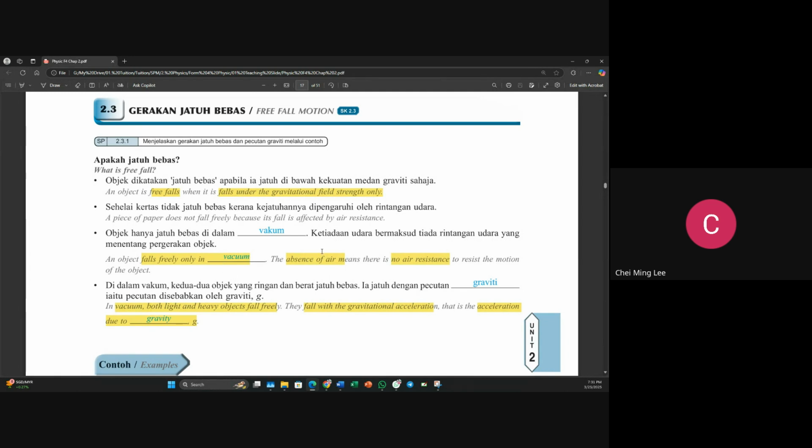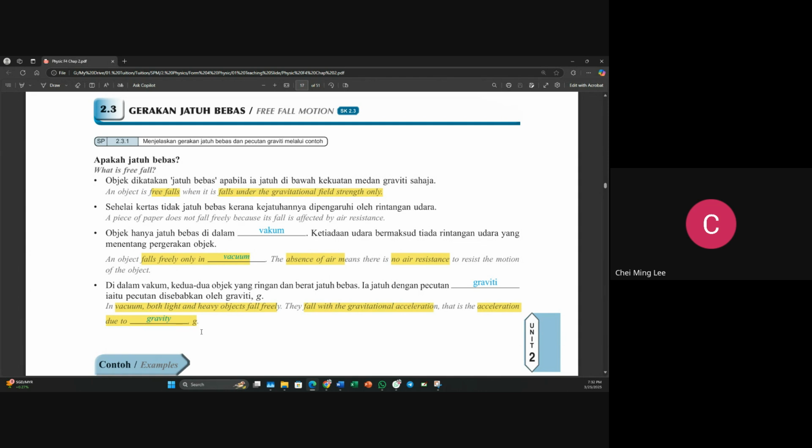Okay, so the absence of air means that there is no air resistance to resist the motion of the object. So in vacuum, both light and heavy objects fall freely. Okay, so they fall with the gravitational acceleration. So the acceleration is due to the gravity, which is